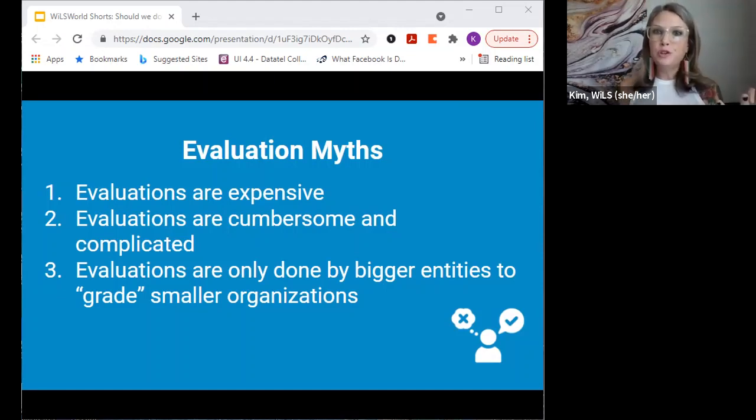So when we're looking at evaluations, even these larger scale ones, it is absolutely okay and expected for an evaluation to show both areas where an organization knocked it out of the park in terms of success, as well as areas where there's room for continued growth and development. I have this super heavy on my brain since I've been working on Wisconsin's Library Services